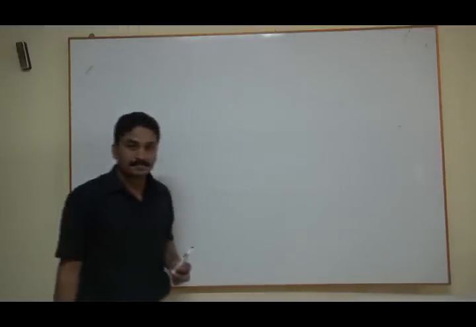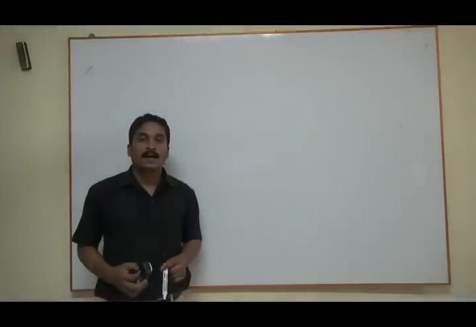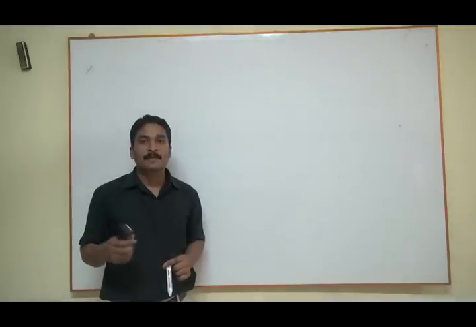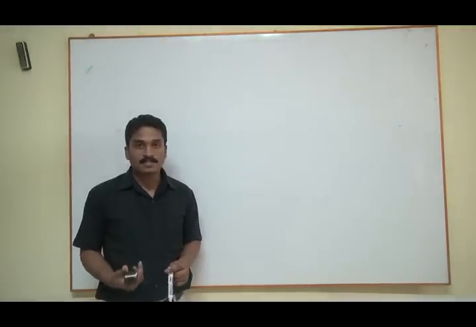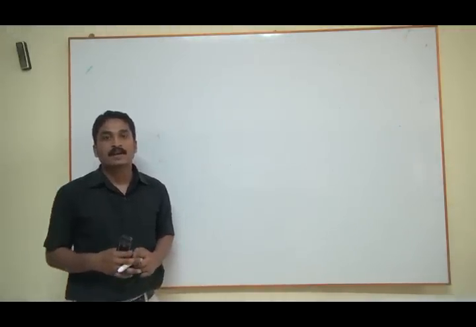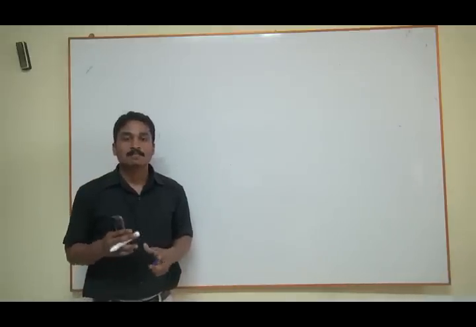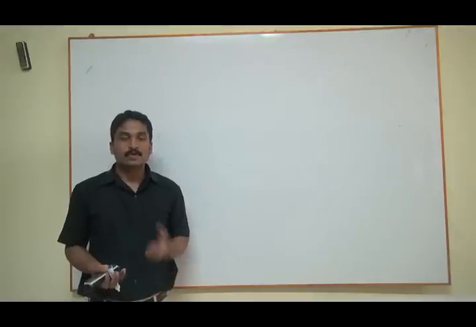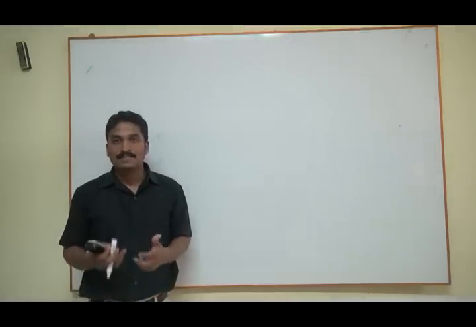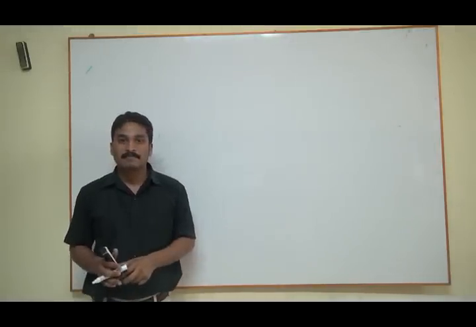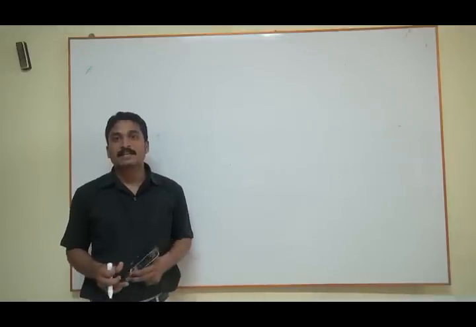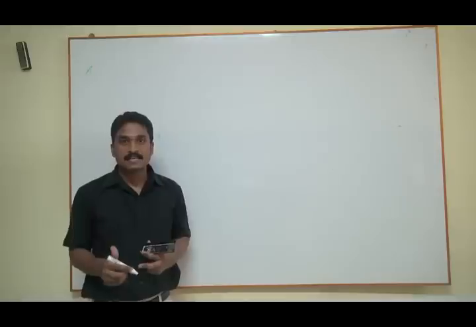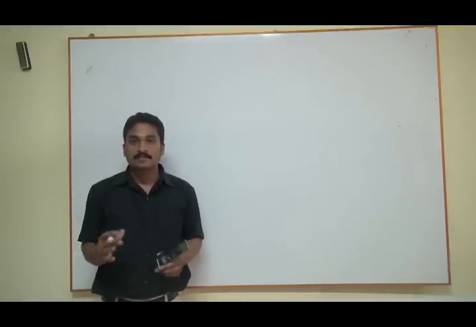Right. So I told you, because of the negative feedback, we have a lot of advantages. One of the advantages is you can modify the input and output impedance as per our desire, right? So how do your input and output impedance change in the feedback amplifiers? Now let us take a general circuit with Thevenin and Norton equivalent models, and we will see how your input and output impedance are changing.